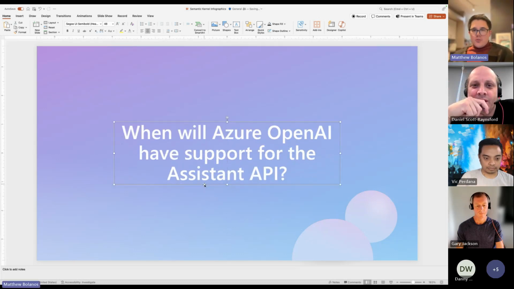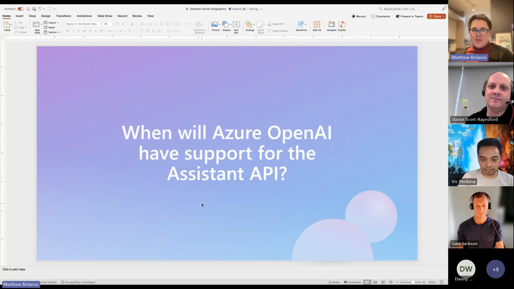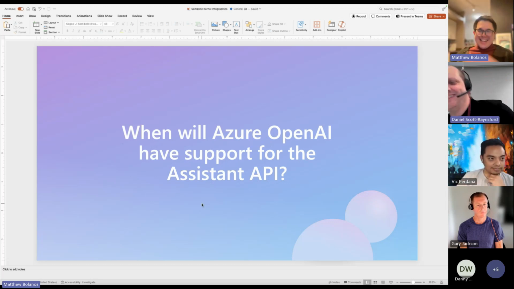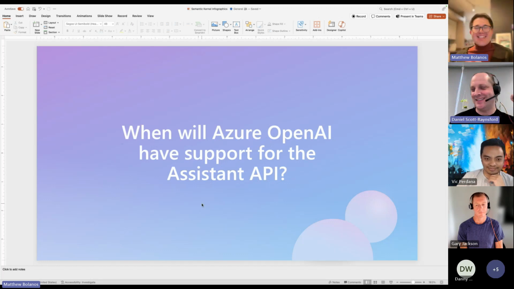That is unfortunately true today. Azure OpenAI does not have the Assistance API available yet. What I will share is, as part of the Azure OpenAI SDK, they do have a PR out right now to actually support the Assistance API. So you can take that as a sign, like they're getting close. They're getting close. Yeah, gotcha. It's just, I think it's taking a little bit longer than all of us hoped.